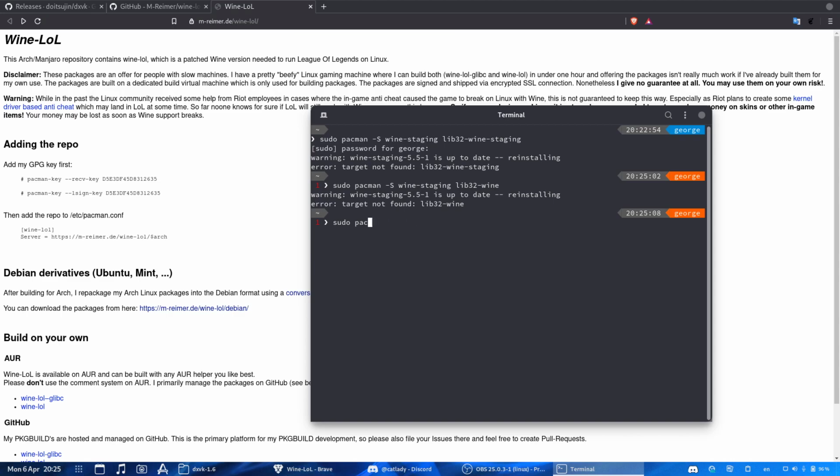But anyways, after you install wine staging, you should also install the 32-bit dependencies. Doesn't matter. You don't really need them because you already get the 32-bit version from here. I'm just saying you should. Auto completion does not work for me. Anyways,